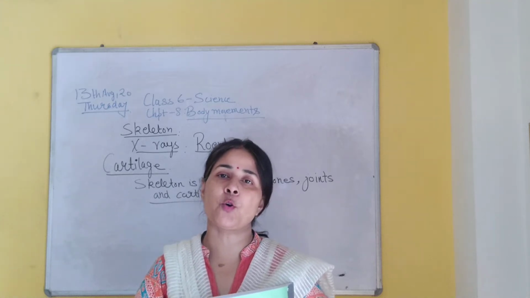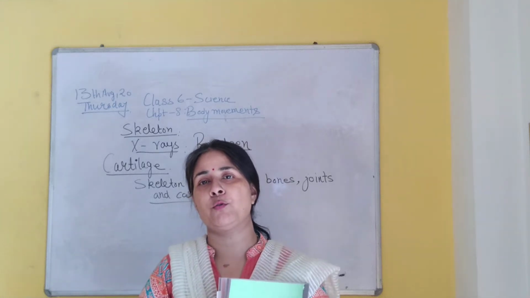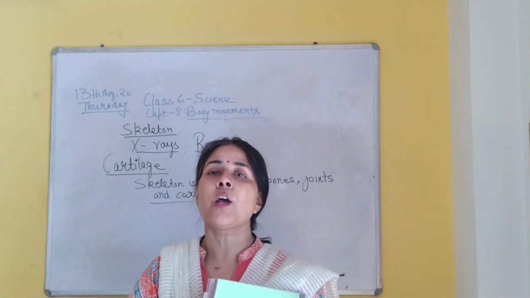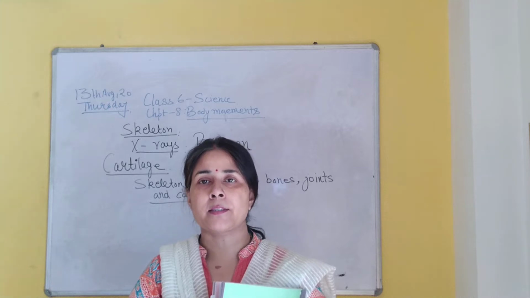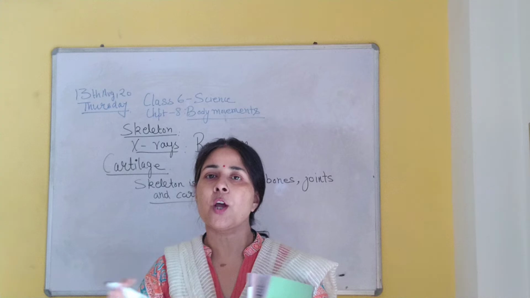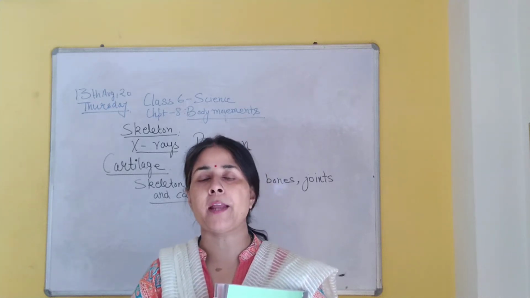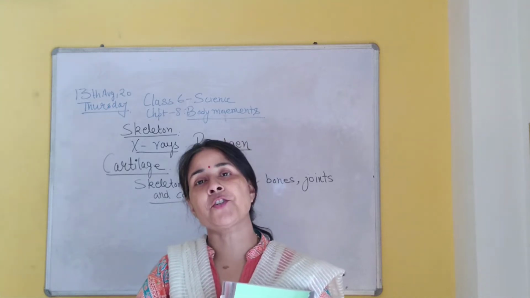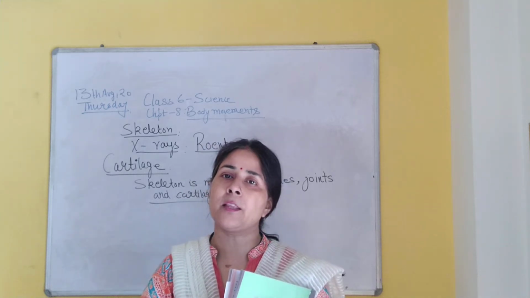क्या चीज है जो हमारी मूवमेंट, हम एक जगह से दूसरी जगह जा सकते हैं? हमारा स्केलेटन बना हुआ है बोन्स का, बोन्स आर स्टिफ, at some places we can bend those bones, so that are known as joints. Some areas have soft and flexible tissue, that is also known as cartilage. तो हमने ये सब पढ़ लिया, लेकिन अगर हम बात करें कि how do we move, then what is the process which helps in the movement of these bones, which actually result in the movement.